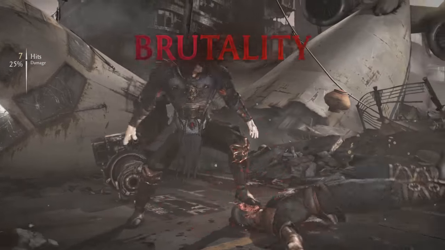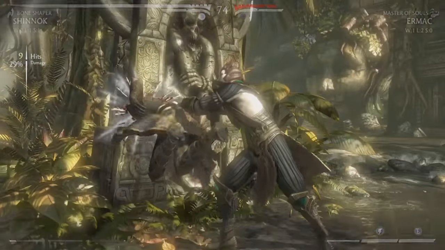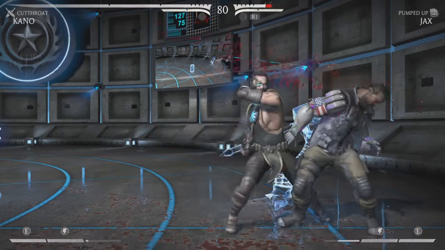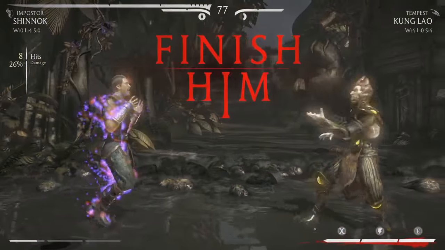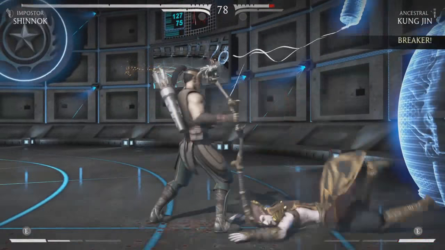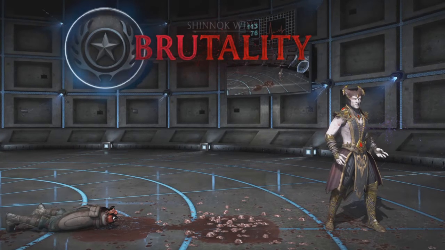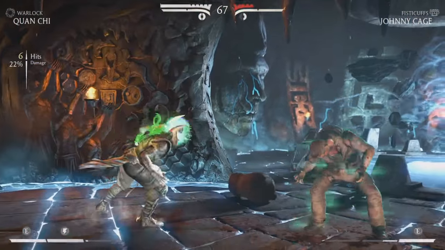And what's even worse is when there are brutalities that definitely should be able to be performed in a juggle, but for some reason don't. And these are just sins. Characters like Johnny Cage with his nut punch brutality. Kano with his just the tip brutality and his cutthroat variation. Shinnok with Face Off. And Kung Jin with his Roundabout. These characters all have moves that can easily be done in the air, but they just seem to have not been programmed in. So I think it might be a good idea to either program those in